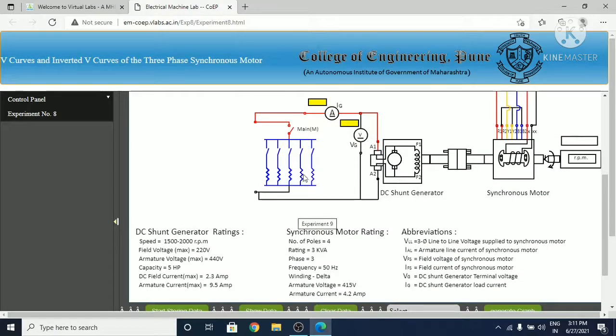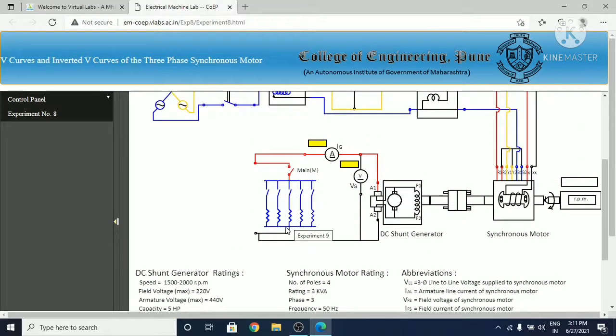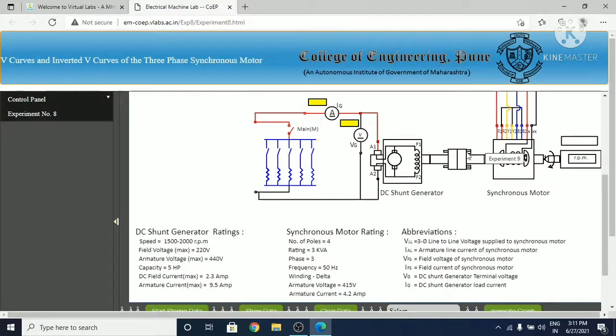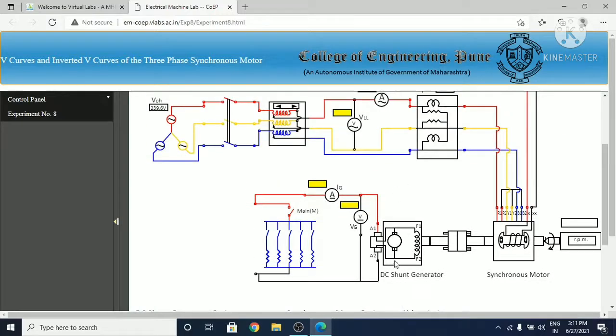And this is the resistive load bank. At first we will see the no load condition, then we will load the synchronous motor by using this resistive load bank. Now it is in the open condition, which means we are using the synchronous motor at no load. This is the DC shunt generator, with which we can drive the electrical load, and this is the shaft, with the help of which we can rotate the rotor.